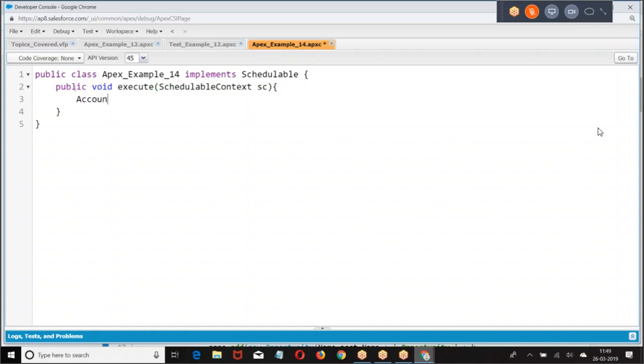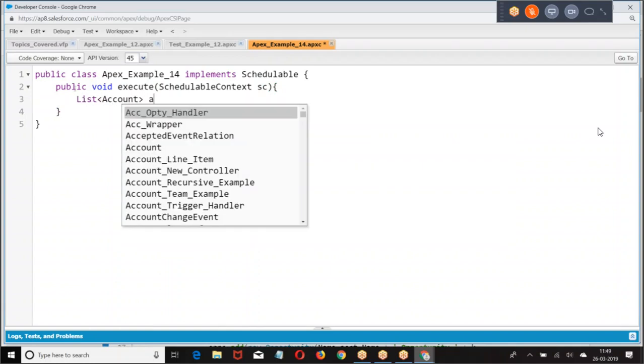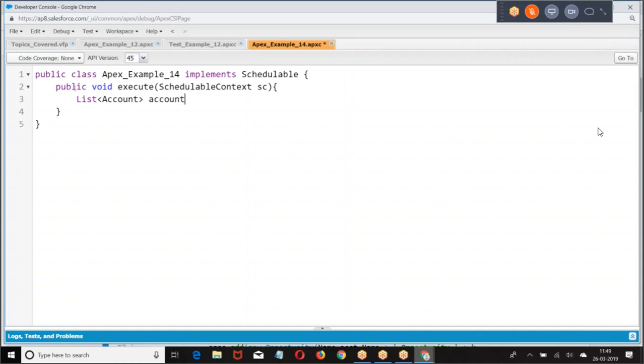My requirement is to get all the account records which are created today and delete them.